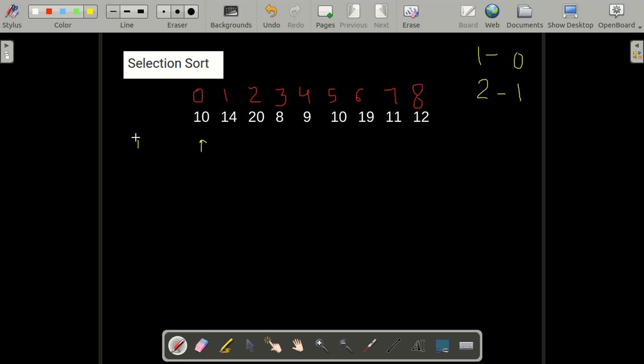This is for I equals to 0, that is our first pass, in which we first assume that this element is already sorted, and we take a variable min in which we are going to store the index of the element which is minimum amongst the elements that we are traversing in the particular pass.